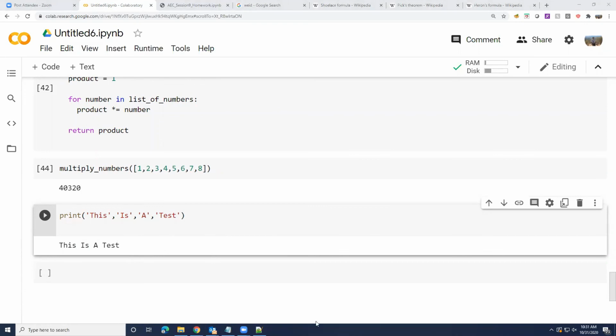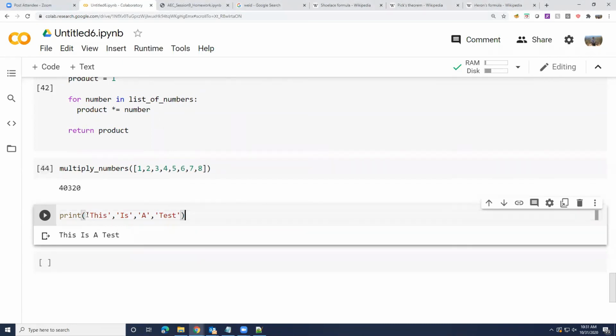No, it doesn't print as an array actually, it just prints as this is a test, right? So how many arguments did I pass this one? 4. But did I pass them as a list? No, not really, right?